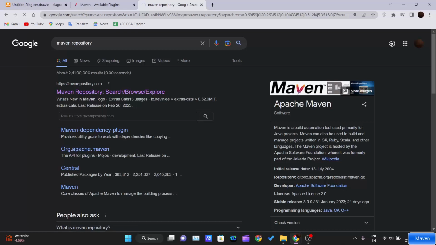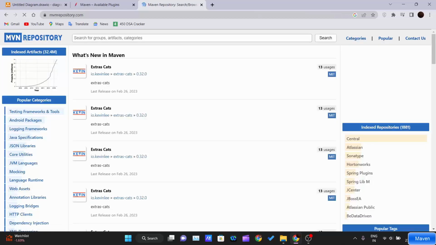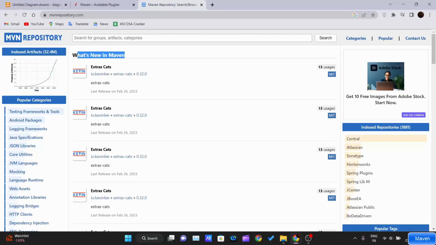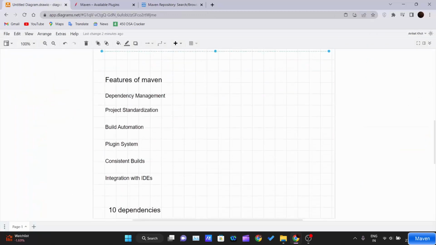You go there, and here you can see this section contains what's new in Maven. So this is the latest version. You can see when it was released, and these are the new repositories of Maven. We cover what repositories in Maven are in detail. We have one separate video on that as well. Okay, we'll cover that one also. So let's move forward